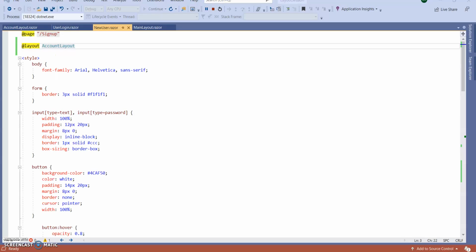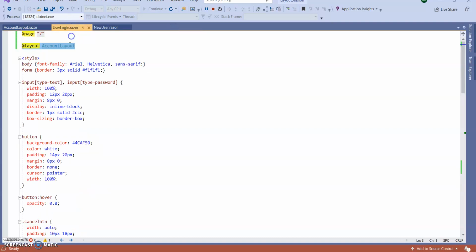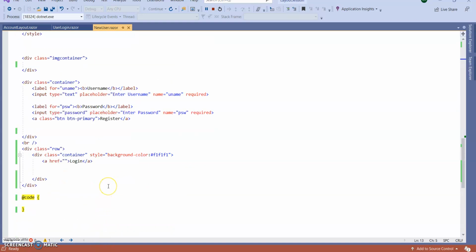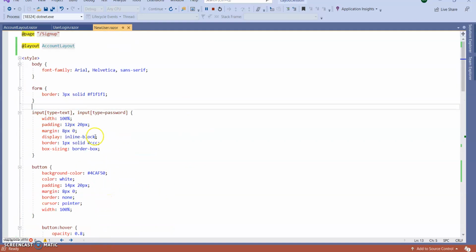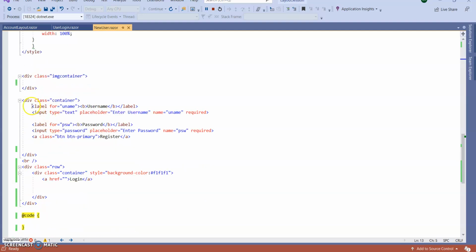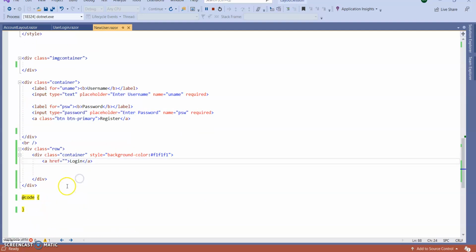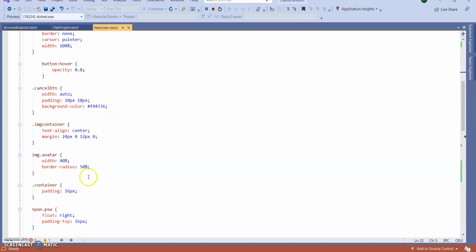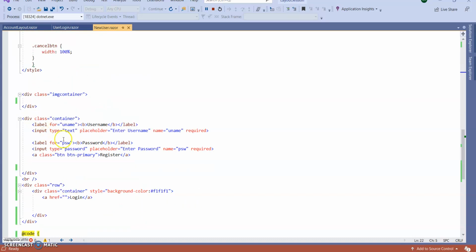But something is very clumsy here. This is the layout I created. You can see this is the login page and this is the sign up page. I have so many lines of code inside both pages that are nearly the same. Only the body section, meaning the user ID, password and the login button, is different. Everything else is the same. Here I'm showing the CSS part for reference, but if there are other controls or HTML properties, it would be the same.